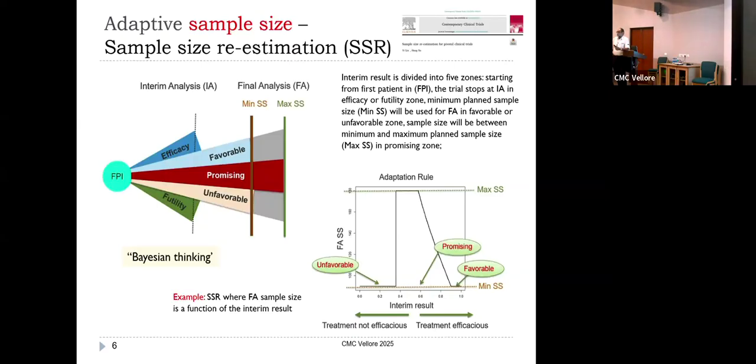That's it. Well, they're in the promising zone, yeah. So it's sort of unblinding, and that is the bad part of the whole thing, right? But the promising zone is, some of it is unfavorable, some of it is favorable. So we don't know, but